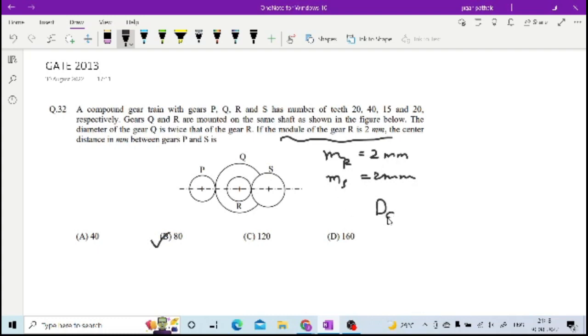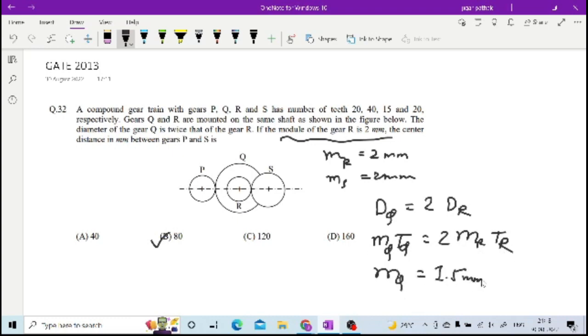So for that, what is provided? Diameter of Q is twice that of diameter of R, right? And what is the diameter? That is M into T. So 2 into MR into TR. So from this, MQ you will get as 1.5 mm. Similarly MP also will be 1.5 mm. And the distance between P and S is actually the radius of P plus radius of Q